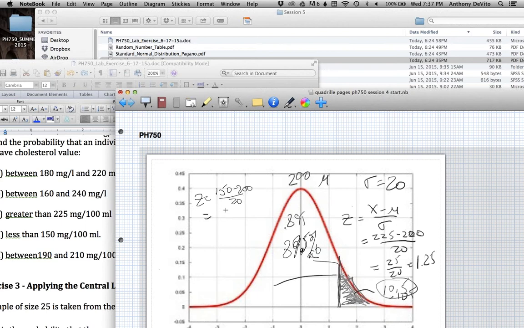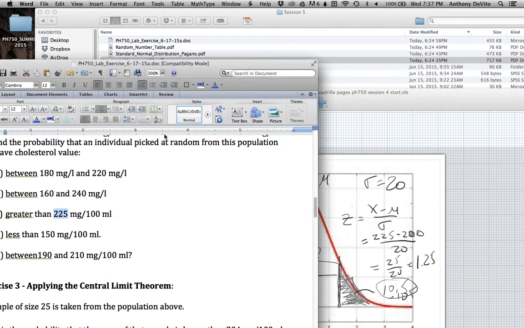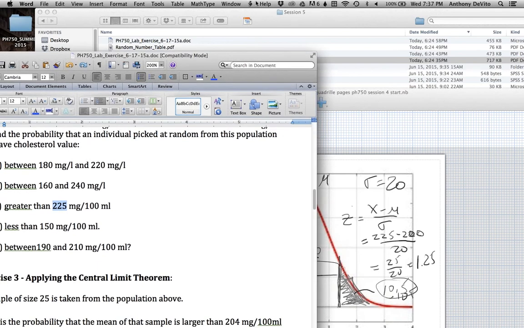Well, let's see, that's 50 over 20. So that's going to be 2.5, or rather a negative 2.5, 150 minus 200. And it's negative because it's to the left of the mean, right? So if I go back to the table, okay, and if I can get to the table again,